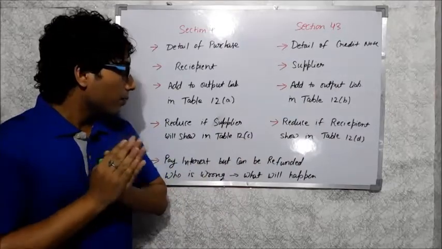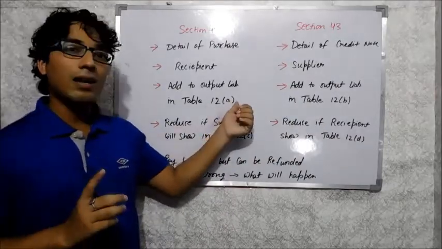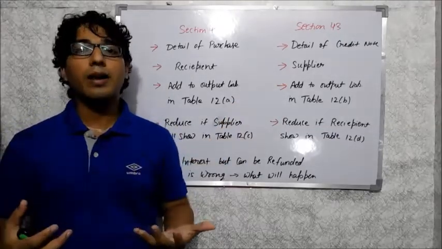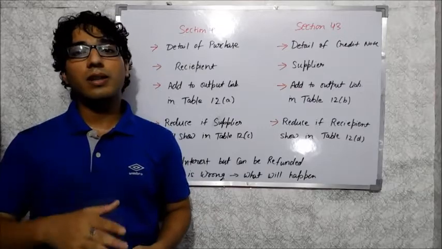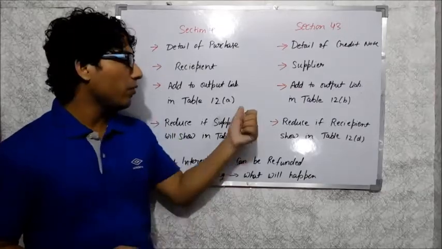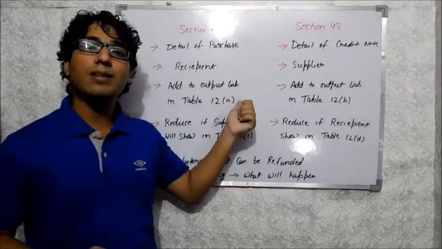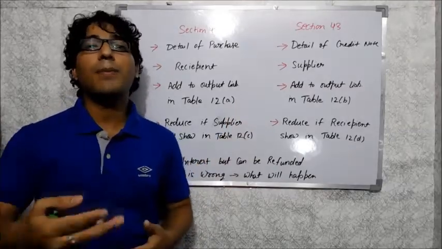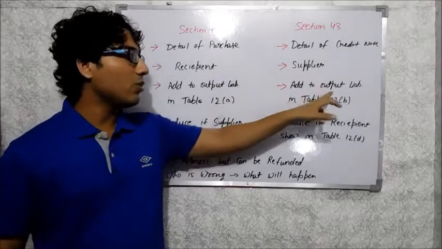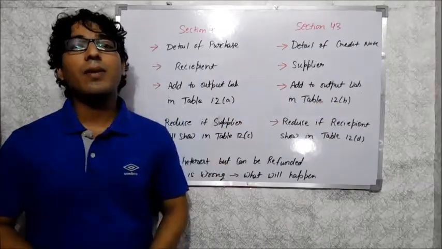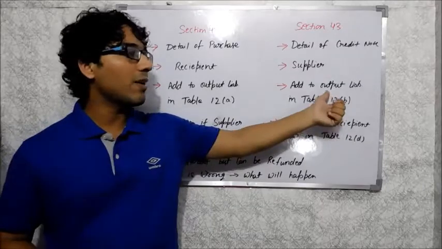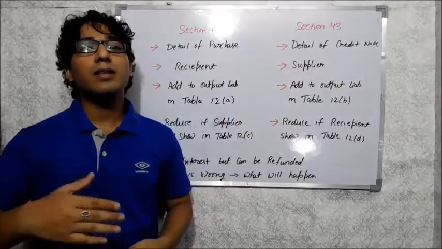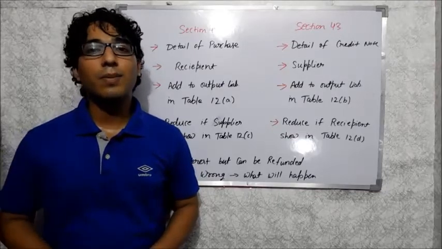But suppose the communication happens. In this case the communication will be done to both the recipient as well as the supplier, so that amount will be added into the output tax liability in the month succeeding the month in which the communication happens to the recipient. And in this case when the communication happens, the output tax liability of the supplier will be increased in the month succeeding the month in which the communication is given to both supplier